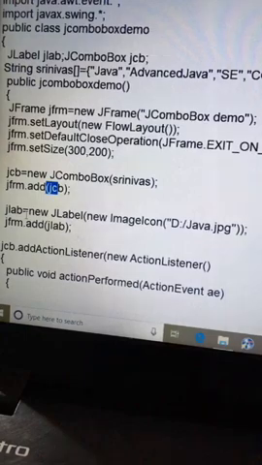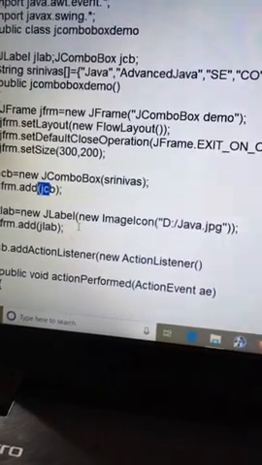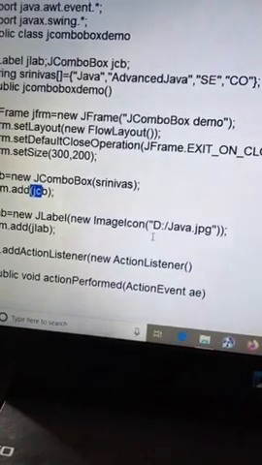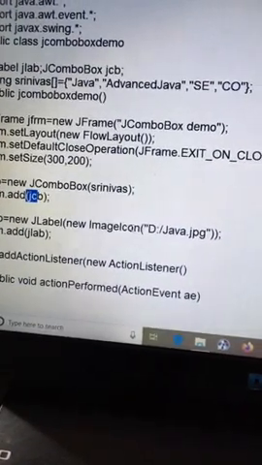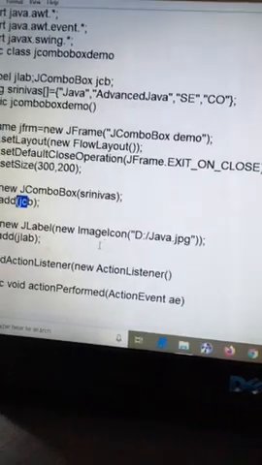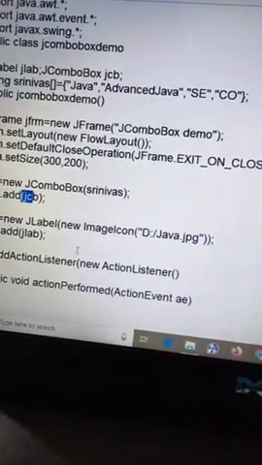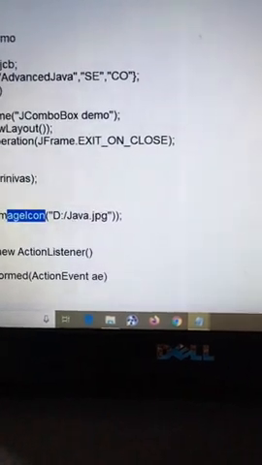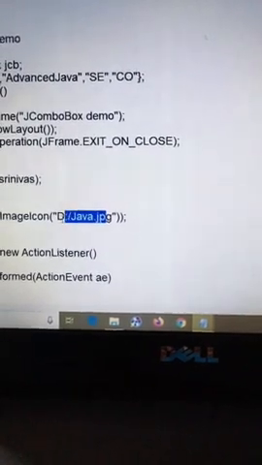Next, JLab equals new JLabel. So label. Okay, new ImageIcon. We discussed this topic in our previous class. New ImageIcon: a label is used to display text and images, so for that we are using ImageIcon. We are creating an icon, and an icon is nothing but an image.